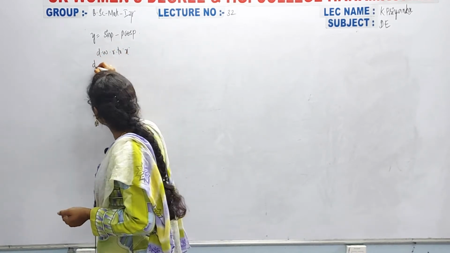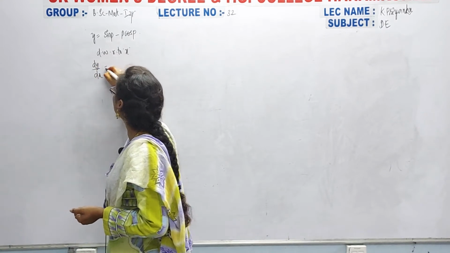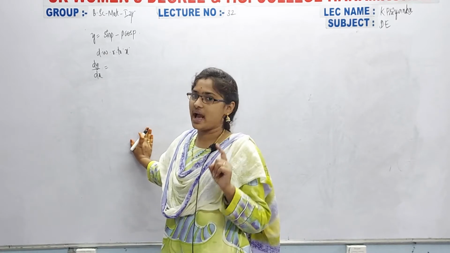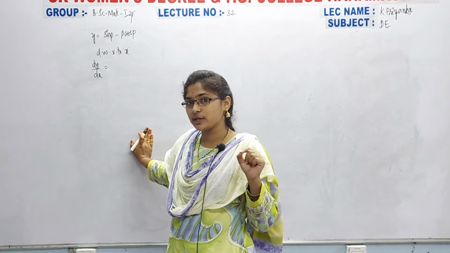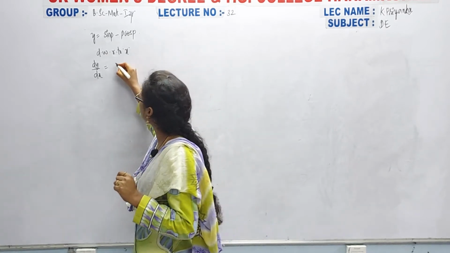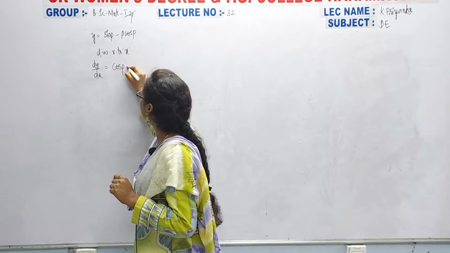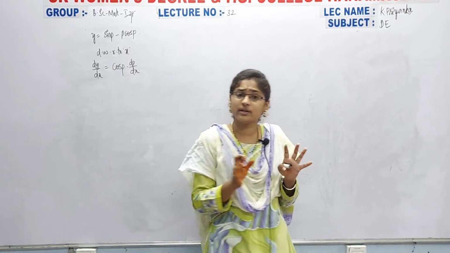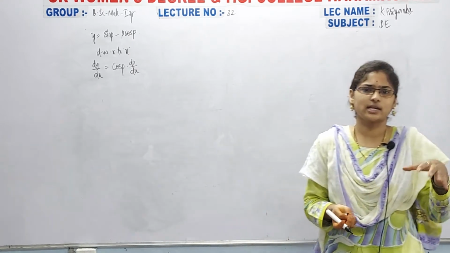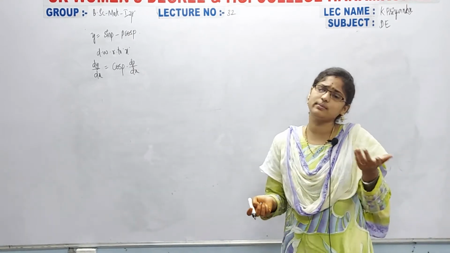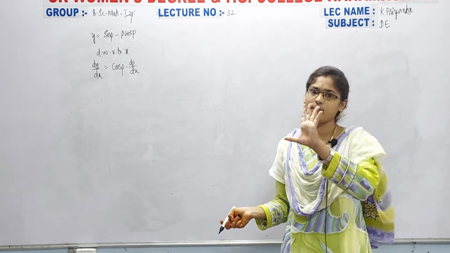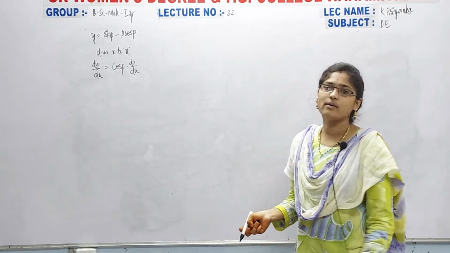Then what we get, dy by dx equal to the derivative with respect to x. So sin p we have. What is the derivative with respect to x? That is nothing but cos p into dp by dx. Why? Because here we don't have cos x, sin x and so on. If I had that, then I would get cos x only itself, since dx by dx is 1. But now here we have another variable.